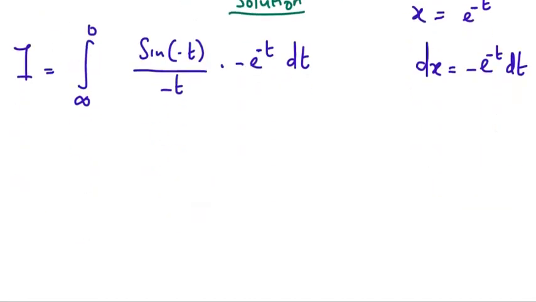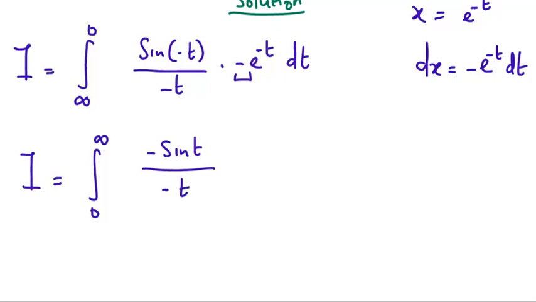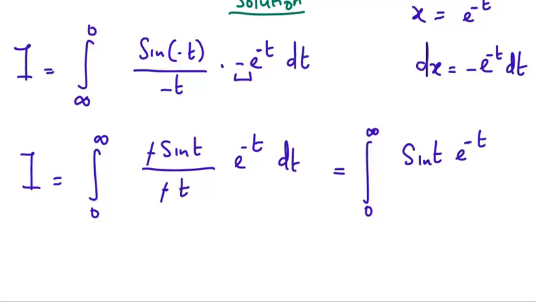From here, remember the sine function is an odd function, right? So we have I is equal to the integral. If we switch this limit to 0 to infinity, then we're going to cancel this negative sign. Then don't forget this is negative sine of t divided by negative t multiplied by e raised to the power of negative t, and then dt. With this nice cancellation, our integral is transformed to the integral from 0 to infinity of sine t multiplied by e raised to the power of negative t, whole divided by t,